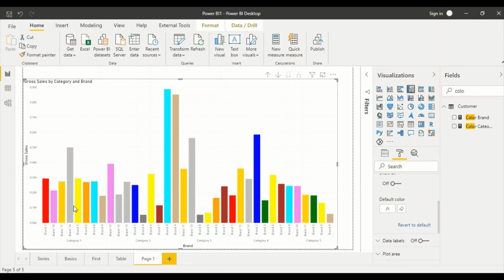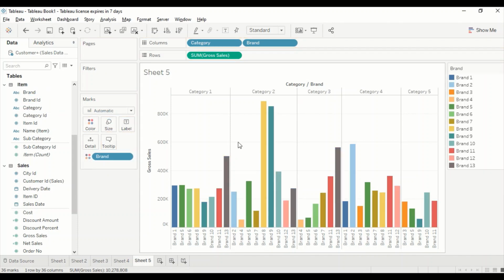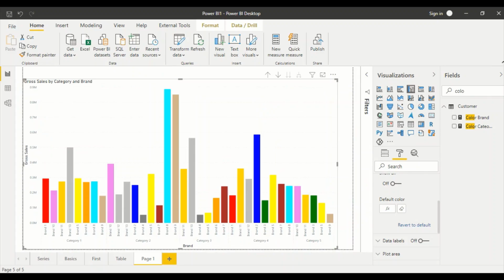Now these are similar colors because I've taken similar kind of colors, but you have the colors now very similar to what you have seen here. If I put brand out here, now there I am controlling the color. Here you can go ahead and change the way you want. But there you simply drag it. You have the option here, conditional formatting. There's certain complex things out there, but right now let's stick to the basic way to achieve that, the basic way here in Power BI using conditional formatting.